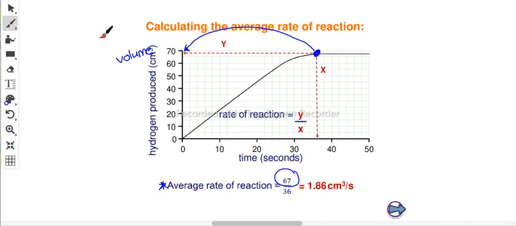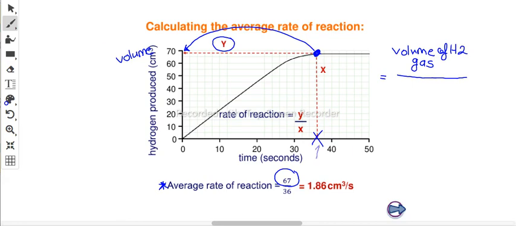So you need to take the y as being the volume of gas that has been collected. Volume of H2 gas as a total volume taken from the graph. After that, you're going to divide over the time at which the reaction is completed. So it's the time at which the graph becomes flat. So if you read this time, you're going to find that according to my graph, it took 36 seconds exactly